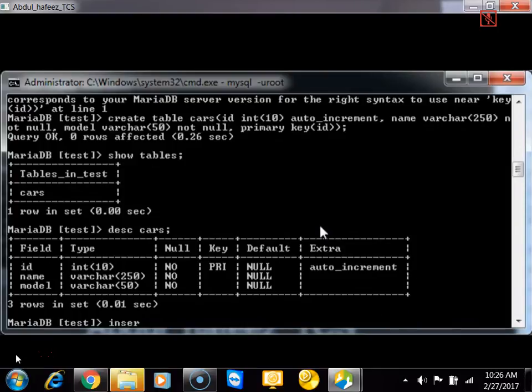Let's insert a few values in that so that we can retrieve them in the browser when we execute the sample script file. Remember, I have set both name and model columns not to accept any null value, so we will have to pass them, otherwise it's going to throw an error. So I'm saying,